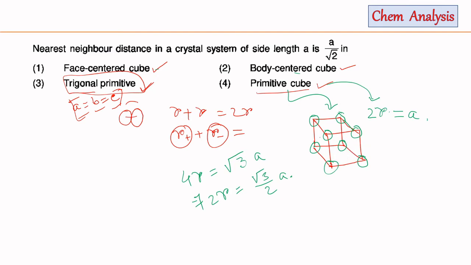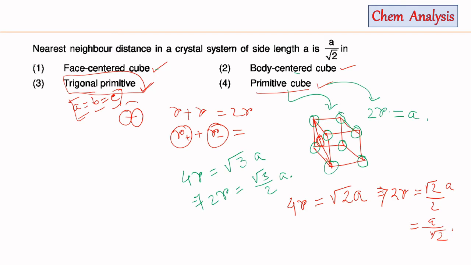if we consider this atom, this corner atom and this corner atom will touch each other. Similarly, this corner atom and this corner atom will touch the face centered atom. In this case the summation of the radius of the 3 atoms, that is, for the middle atom the radius will be 2r, and for the corner atoms each atom will contribute 1r, that is 4r is equal to root over 2 a. That means the distance between two neighbor atoms will be this by 2, that is a by root 2.